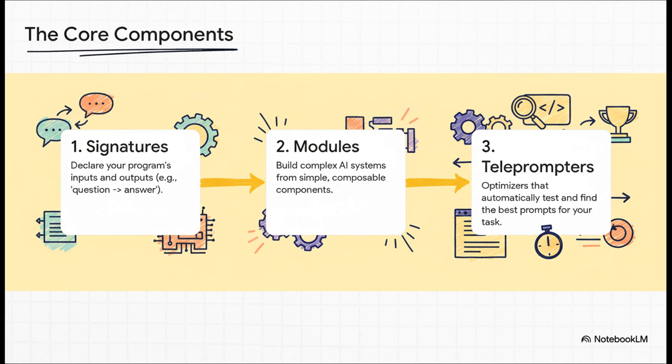Second, you build your program using modules, which are like pre-built Lego blocks. You can chain them together to do complex stuff. And third, and this is the secret sauce, you have teleprompters. These are the optimizers. They're the engine of the whole system. They take your program, test out tons of different prompt variations, and figure out which one works best for your